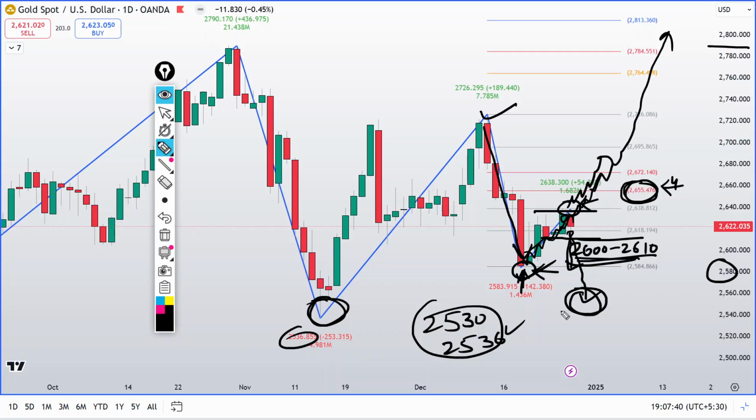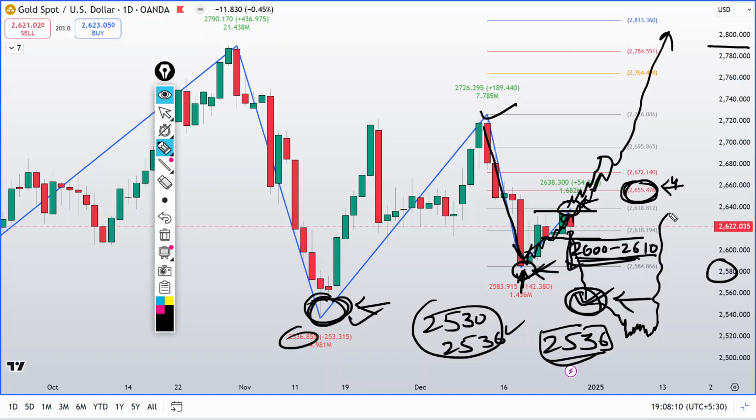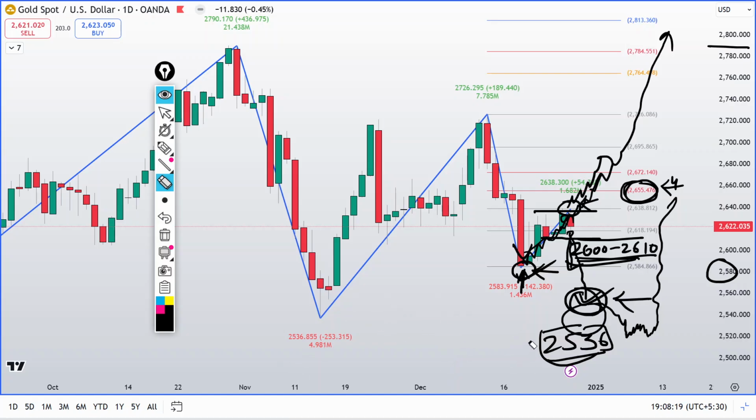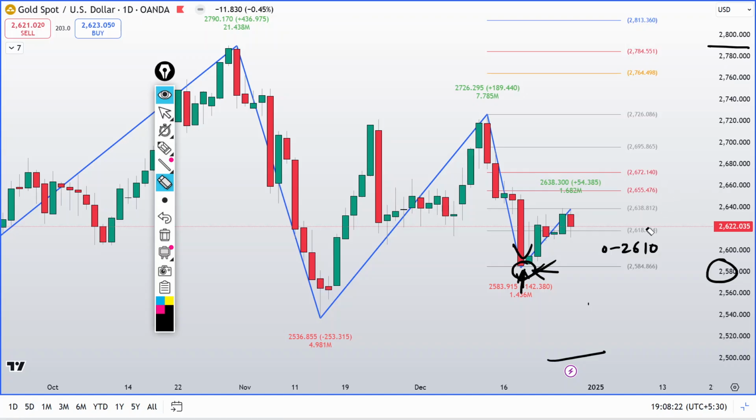But right now we do not have a confirmation for buying. So for buying, I think this is a very good level where we can look for good buying sentiment for next year. And if price rejects from this level, this is the lowest level. I am repeating again, this is the lowest level that I am expecting for a buying opportunity from this area. Yes, price can make a down move like this, but overall the view is to buy near this area on confirmation. Or the second option that I already told you is